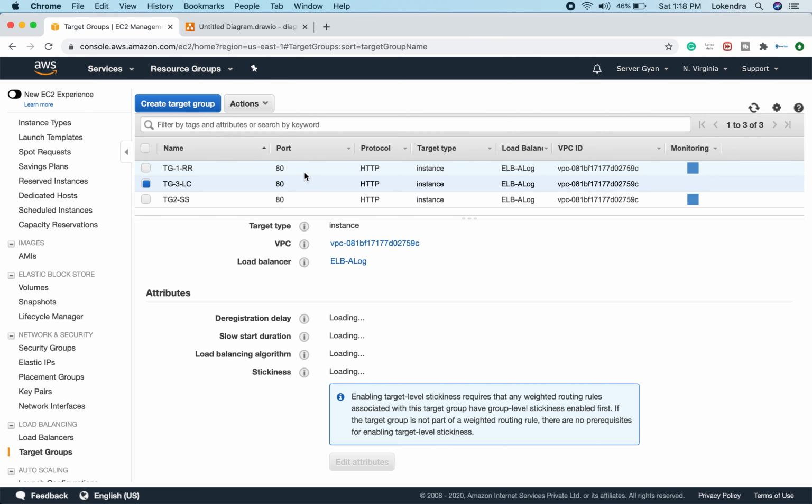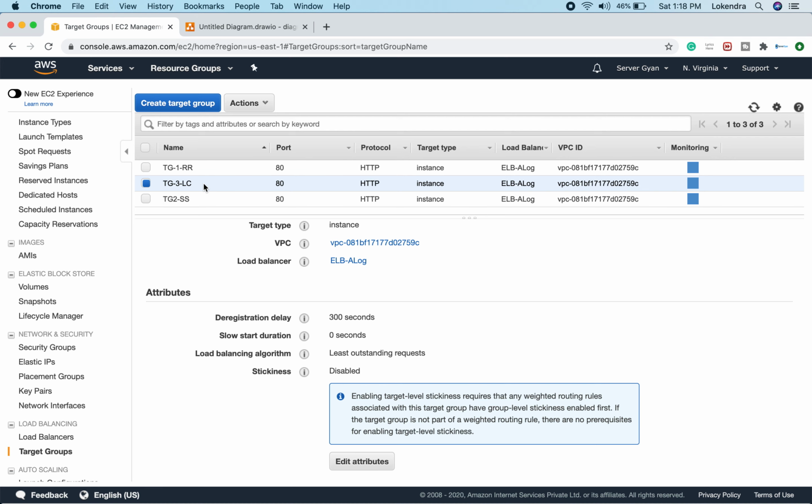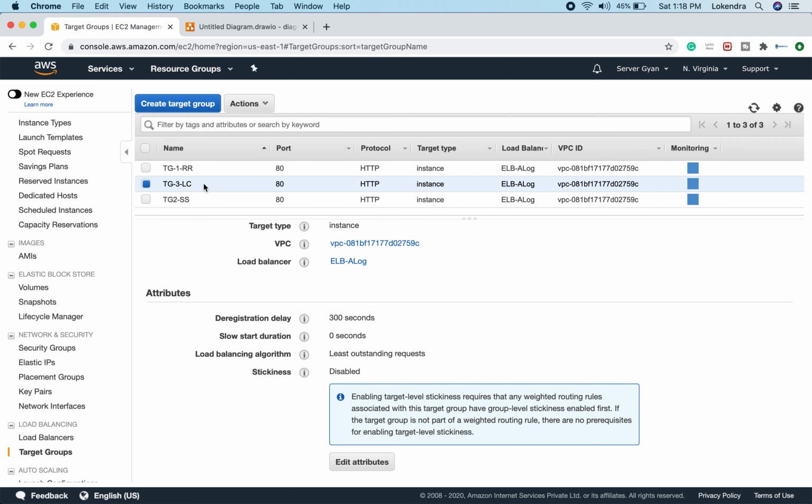So guys, what did we learn here today? That if we have three different target groups and we want to set the routing and load balancing algorithm here, like round robin, least connection and sticky session, we can enable that here. Which means we can run round robin individually, we can run round robin with sticky session, we can run least connection individually, or we can run least connection with sticky session enabled. So this is how we work with it, and this is a very important topic, so we need to understand it in order to say that yes, you have worked with it.